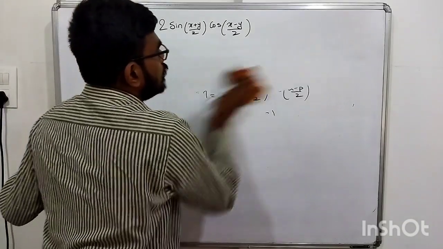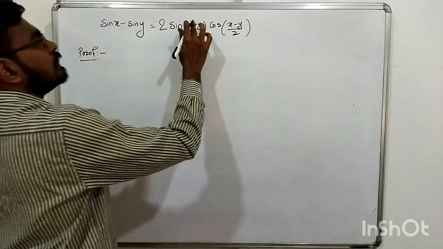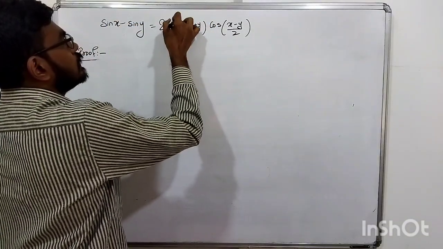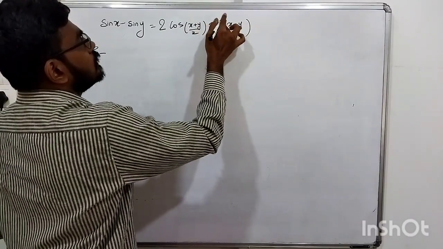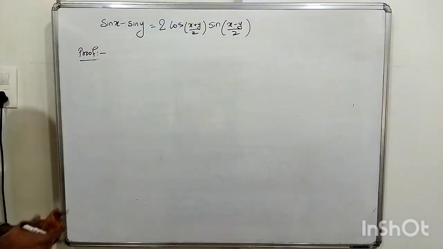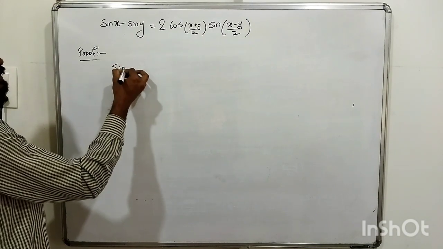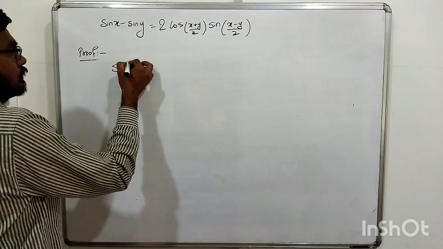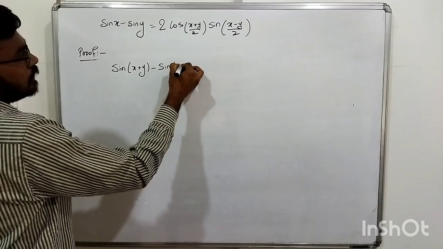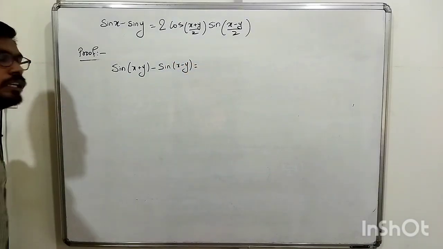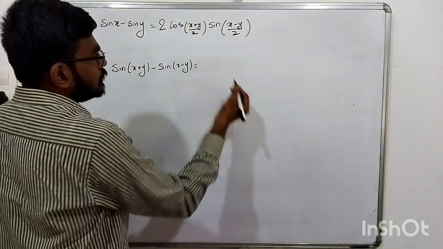First formula is like this. Second formula is what? Here there is minus, and here there is cos and here there is sine. Looking at the sum of angles formula for sine, what will we do? Sine of x minus y. So I'll write sine of x plus y minus sine of x minus y, correct? There it was plus, here I'll take minus. Understood? And do the same thing after this.